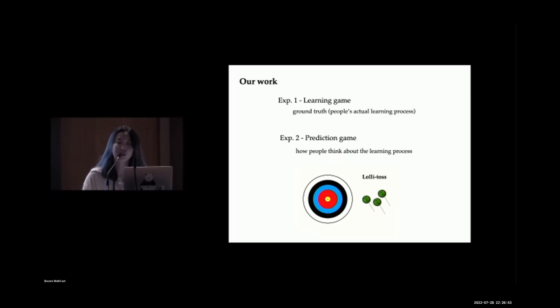So 1, we want a motor skill learning task that we can use to construct learning curves. So it can't be too easy that people get perfect at it right away, or too hard that people can't get better after some practice. And we also want this to be novel. That's why you see this silly combination of the archery board and some lollipops. And lastly, we want this to be a game that people can play online using their own keyboards.